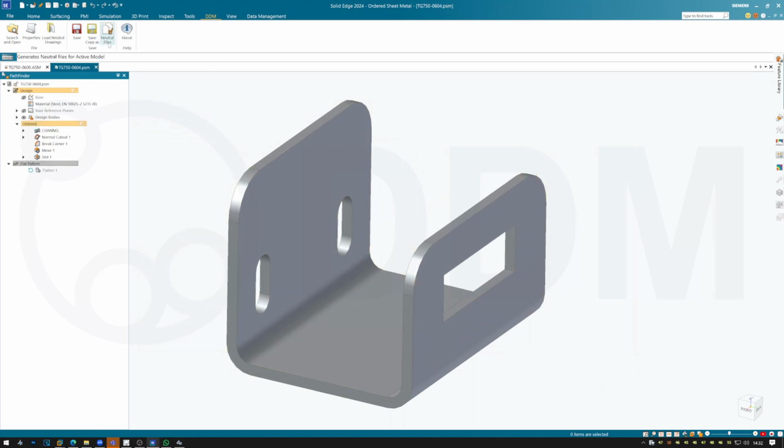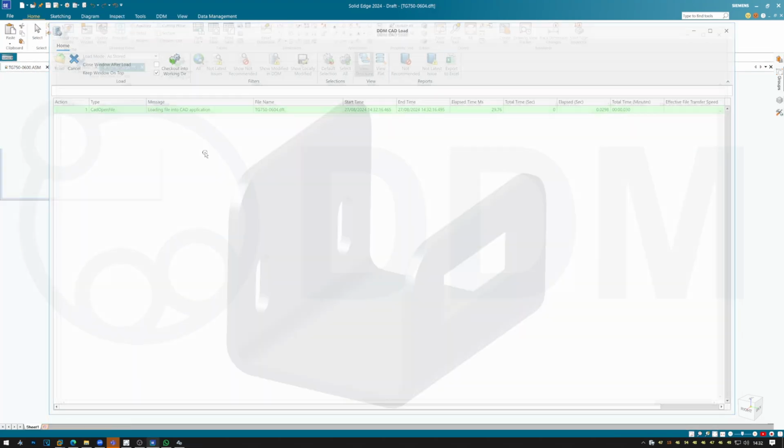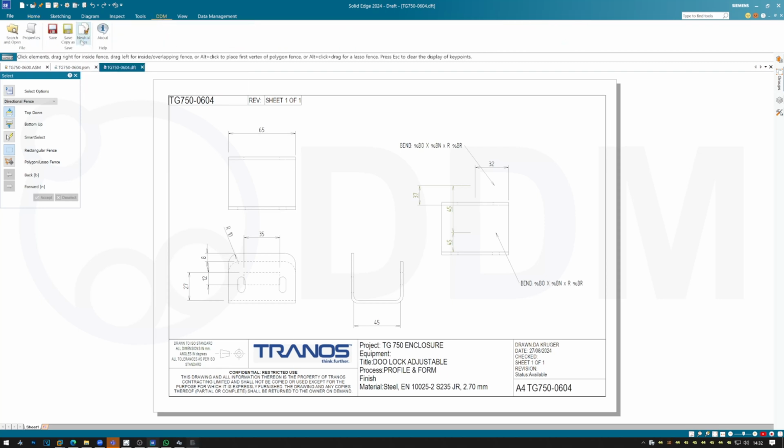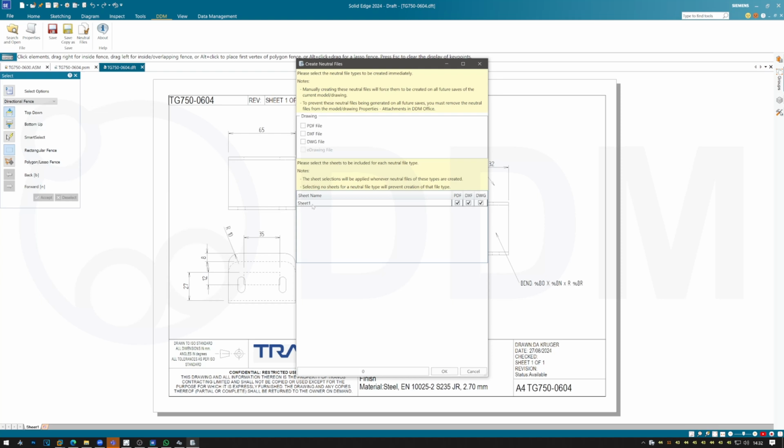Another enhancement related to sheet metal items or related to neutral files, if I load the related drawing. Now you can clearly have multiple drawings to a single part or assembly. Well, this is obviously a detailed drawing, but you might have a second drawing sheet for DXF only. We now have the option inside the DDM window on neutral files that for drawings we only have a single sheet drawing here. But if we have multiple sheet drawings, we can choose which one of the sheets wants the DXF, PDF or DWG, so that we're not creating it for every sheet. A really nice, useful enhancement to DDM